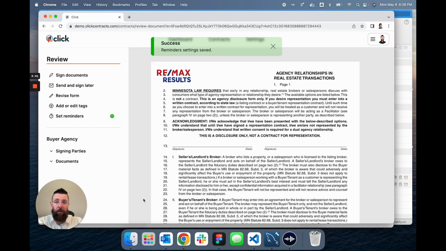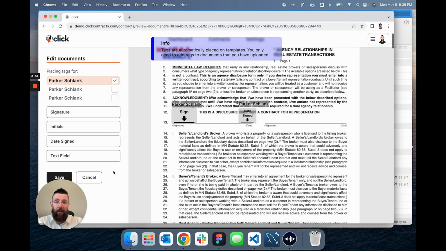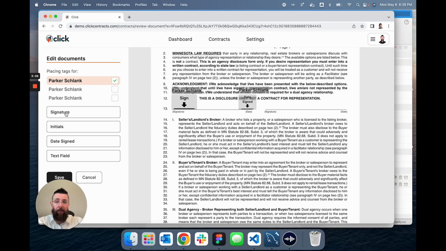Go ahead and save those reminders. And then the next feature that we're excited to share is the ability to place text tags on a document. So if you click on add or edit tags with this particular document, I'm going to be the first signer here. I'm going to choose now, I can see, previously I had signature, initials, and date signed that I could